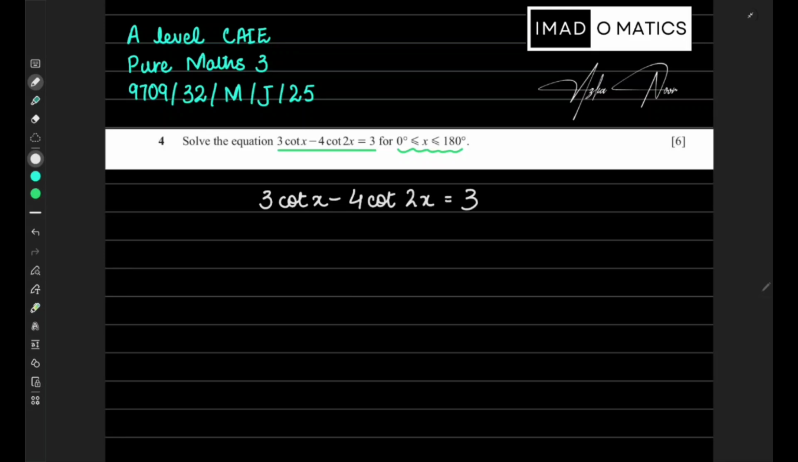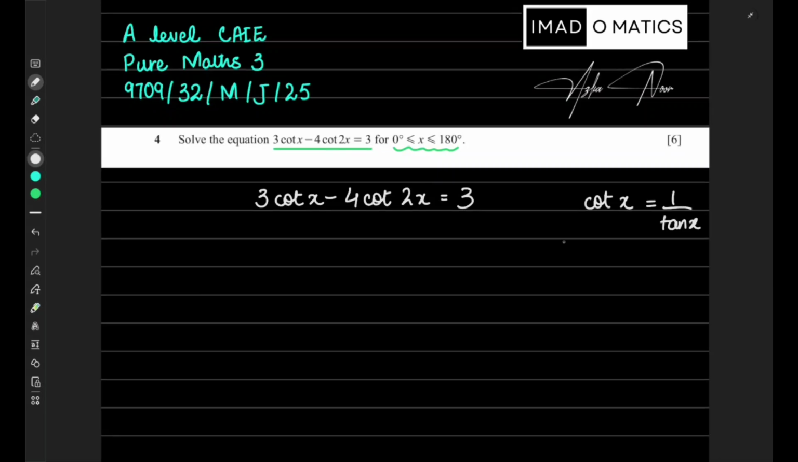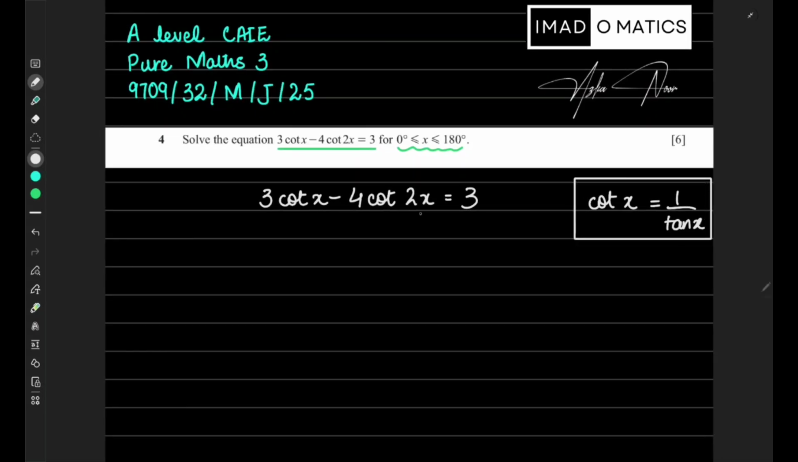So cot x is equal to 1 over tan x. You should just keep it in the tan form, because we also have 2x, so that will be easier for us to simplify. So it will become 3 over tan x minus 4 over tan 2x